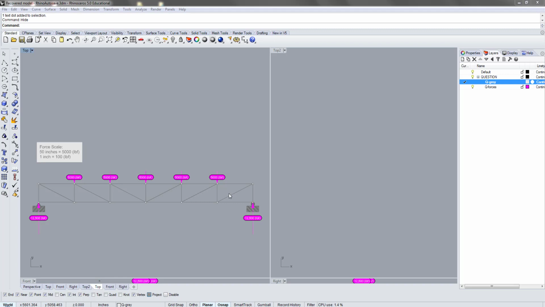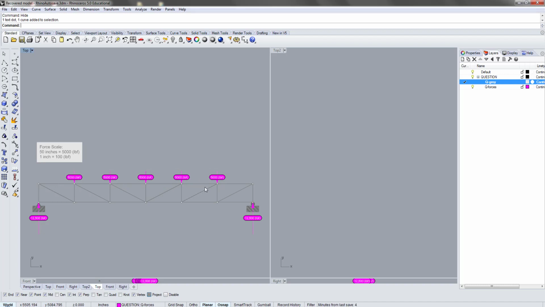So I will first start by completing the force diagram, and after we complete the force diagram, then we will go over how to determine the internal force for each of these members. So first, a couple of things to note: we have this rectangular truss with 6 panels, and we have these loads working at each node of this